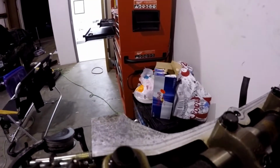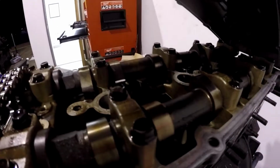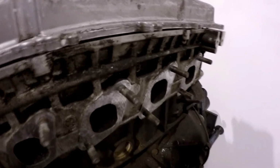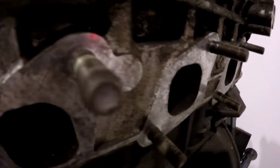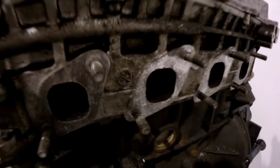I also started taking off some of this gasket crap that was on here, just smooth everything off, get a majority of the stuff off. Obviously it's still kind of dirty, but I'm also not trying to have too much crap fall in there. And start working on the exhaust side, just started scraping off the gasket, or what was left of the gasket, and everything's pretty smooth now. So got a majority. I can clean it up a little bit better, but that's all I'm going to do